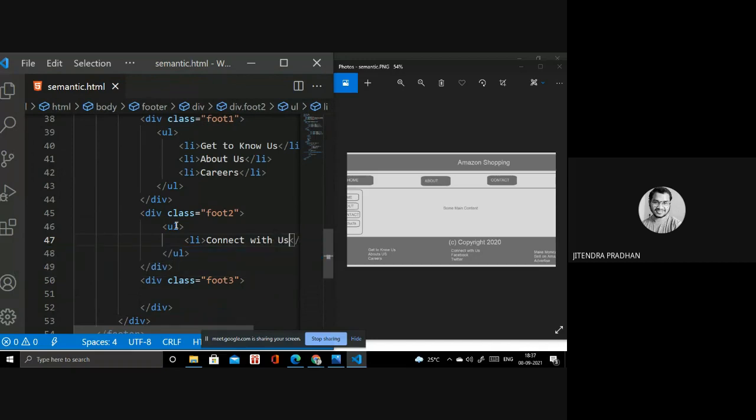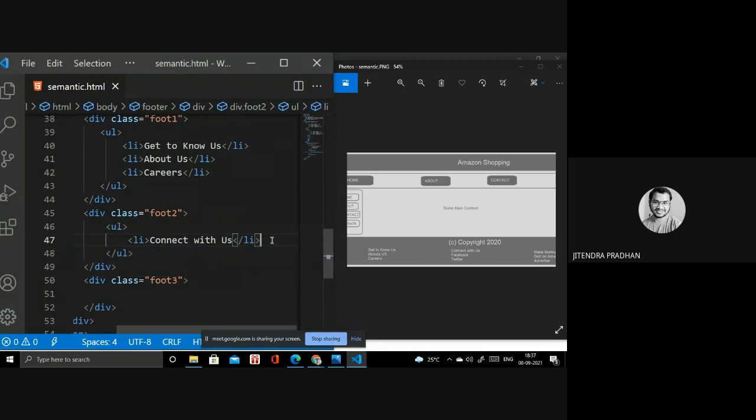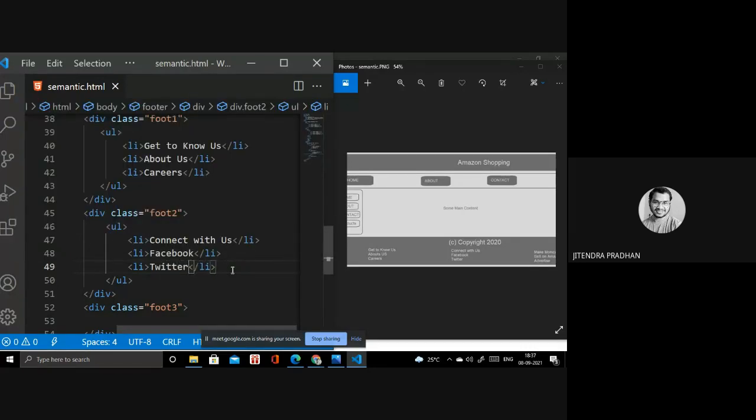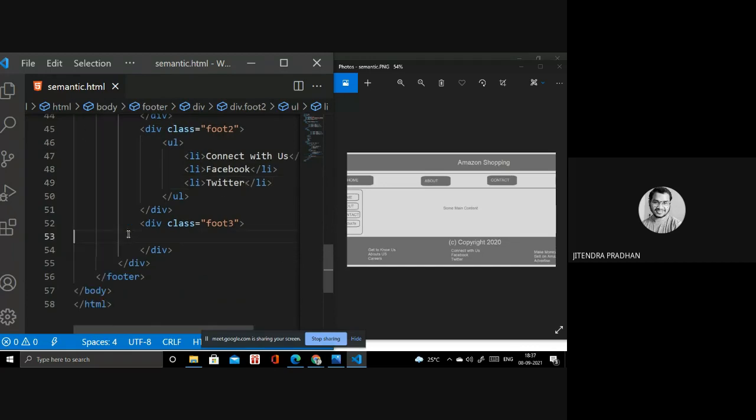Next thing is Facebook, Twitter. Facebook, and this one is Twitter. Okay, done. So I will write inside footer 3 also, because we divided that footer into 3 parts.